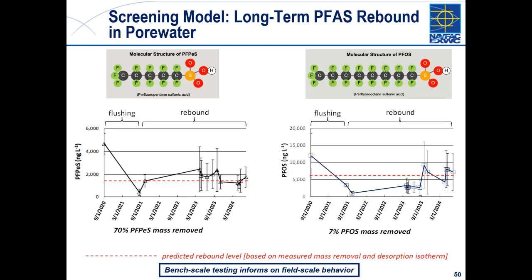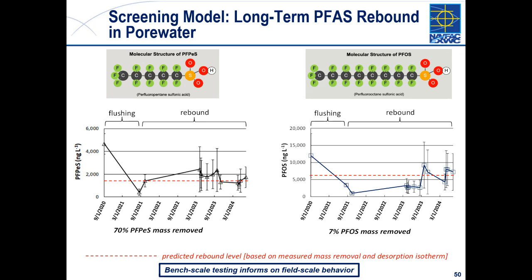We had a test cell in an AFFF area, and we did some enhanced irrigation there to basically give us roughly 20 years of rainfall. And of course, when we stopped that, we got some rebound. But then we just applied those mass balance, soil desorption KDs and KI models, and those red dashed lines kind of predict where we would expect to see things re-equilibrate, and it's pretty much spot on.